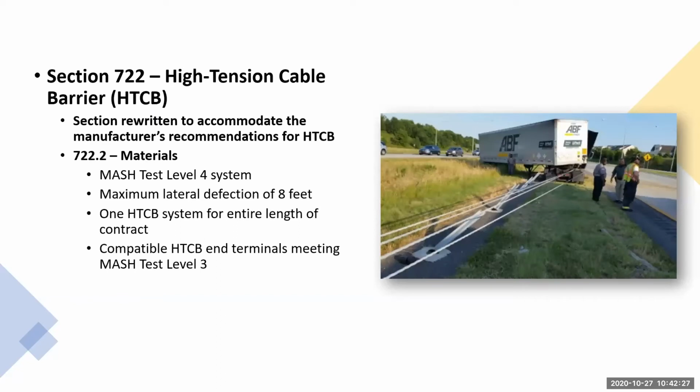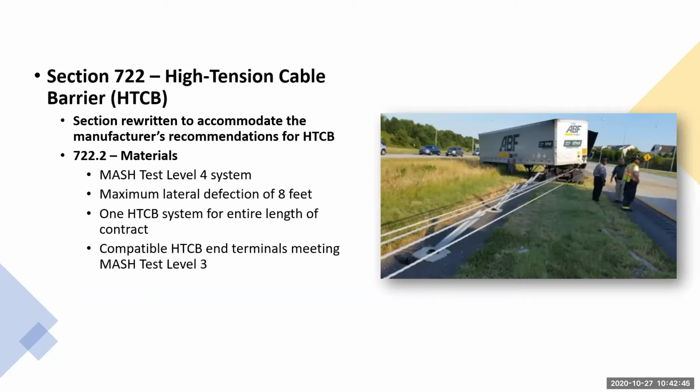722, high tension cable barrier. This was added as a standard spec in the 2016 update. The section was rewritten to accommodate manufacturer's recommendations. So a lot of the references to specific installation requirements were changed to meeting manufacturer's recommendations because there's different manufacturers